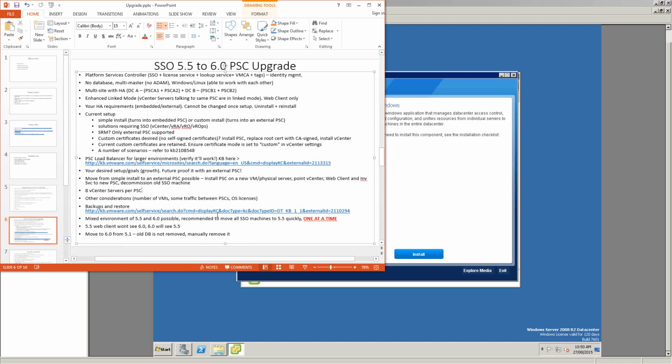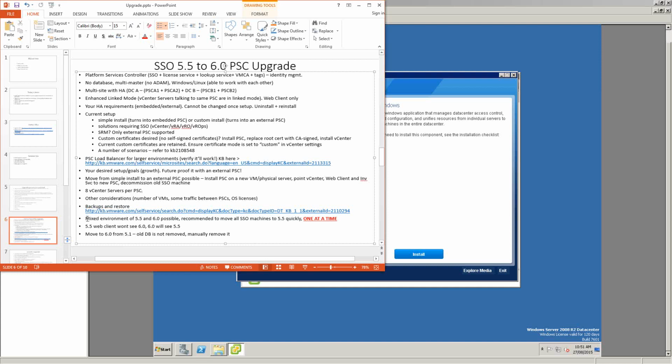Backups and restores of the PSC, there's a fair bit to this. Just so you know, the PSCs are kind of like domain controllers, which operate with USNs or update sequence numbers. You can't use traditional backup methods from what I gather, because the USNs then fall out of sync. You just got to make sure that you trial this in a lab first, or in your pre-prod environment, or your sandpit, or wherever you do your tests first, and make sure that your backups are good.